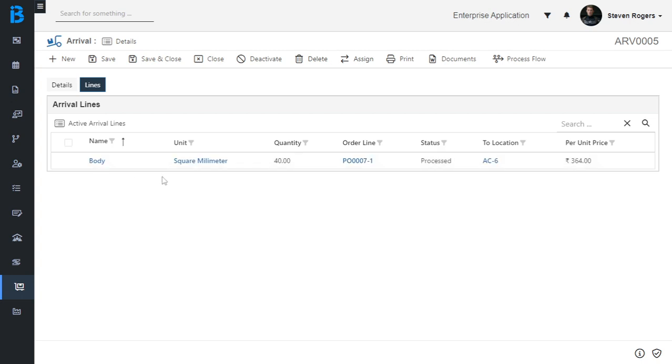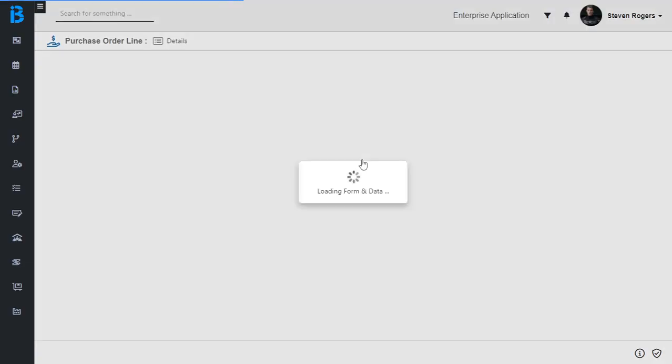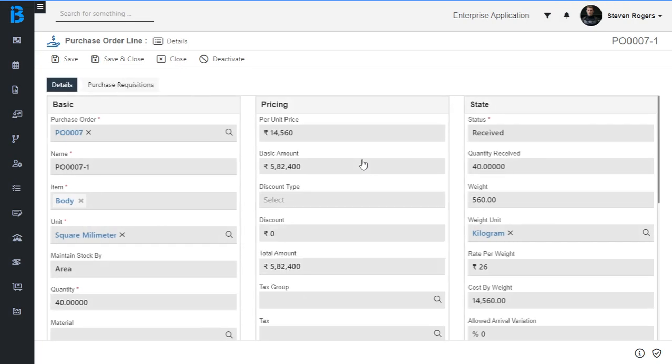and here you can see the arrival lines grid. Click on the order line. After clicking on the order line, we will be redirected to the purchase order line's detail page. Here you can see the purchase order line status is marked as received.